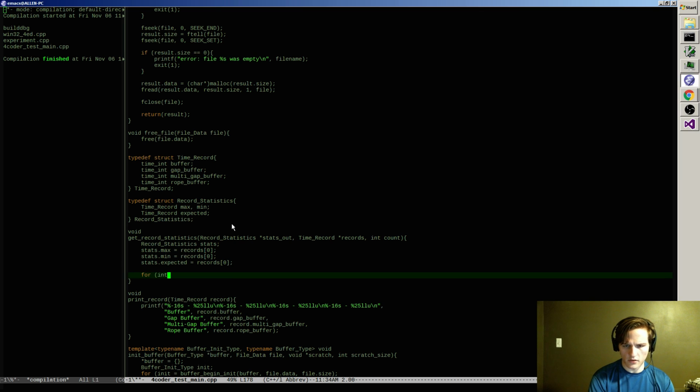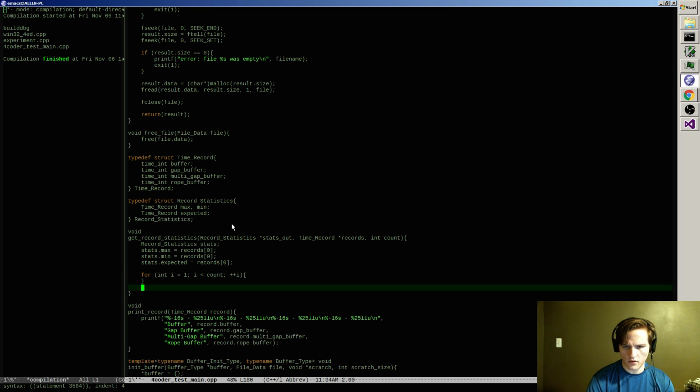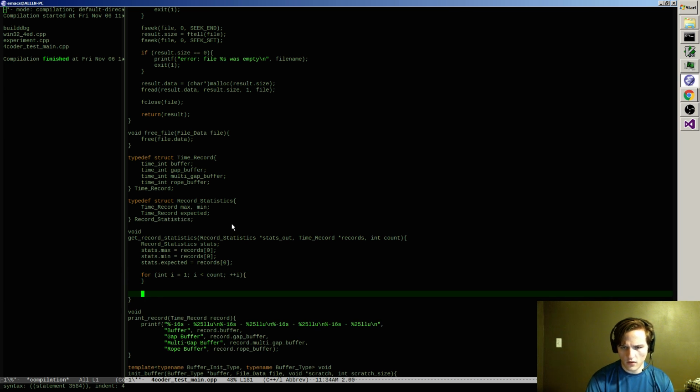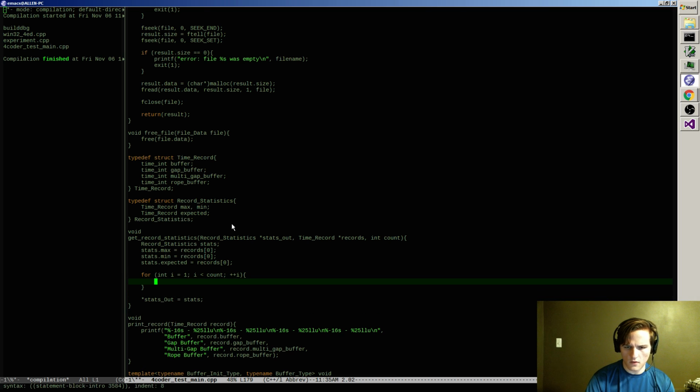and then there's a loop across the rest of them, so there has to be at least one for that to work. At the very end, we can write this out like so.